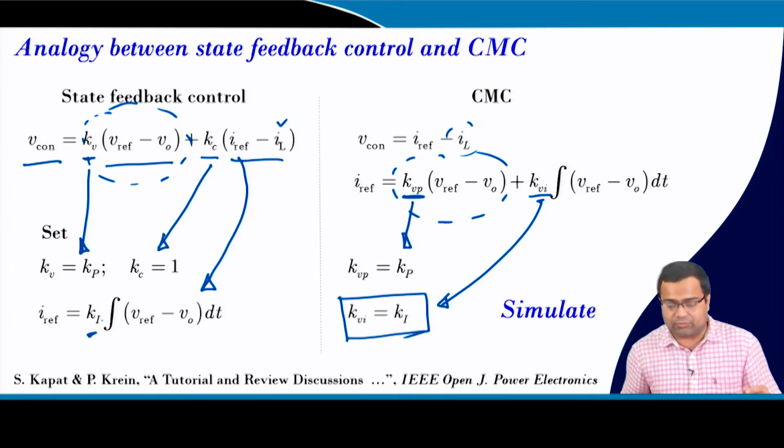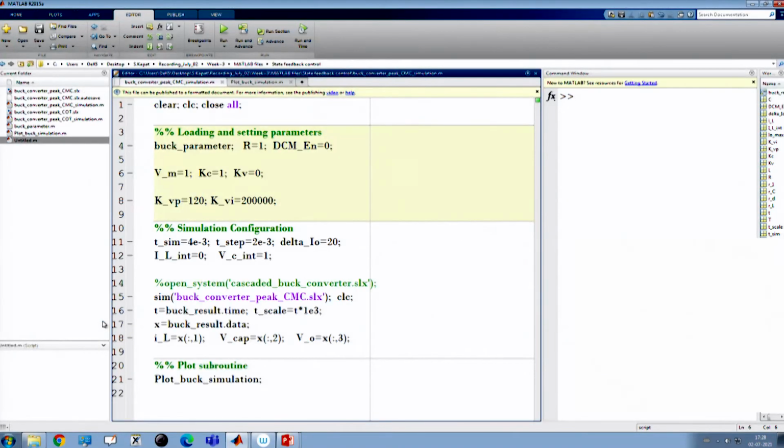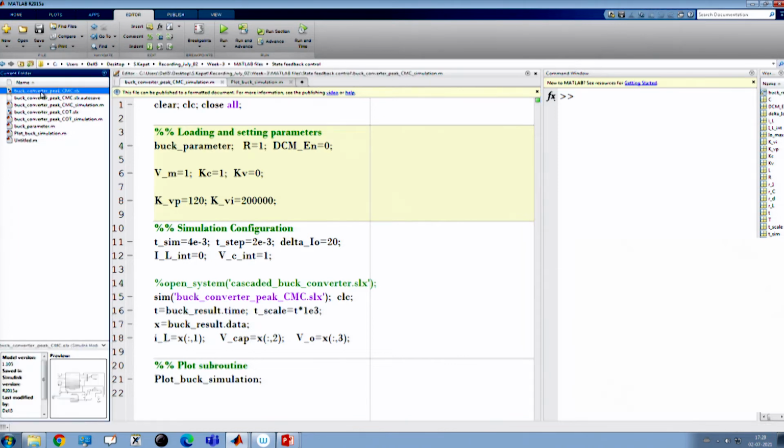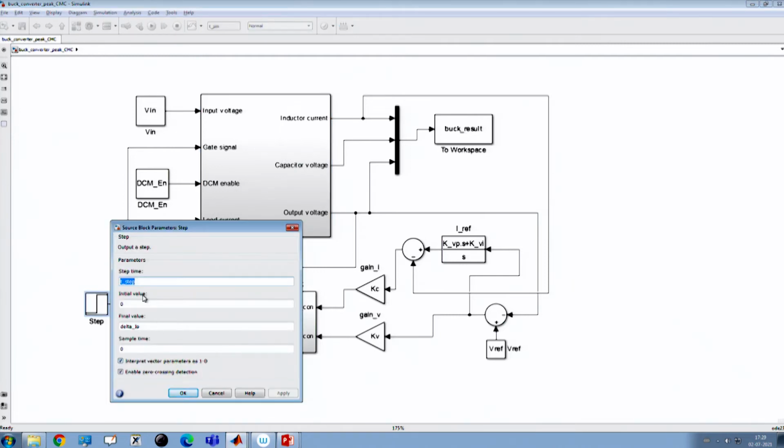But in this discussion, we want to create a simulation case study. Let us go back to the simulation model. Here we are showing a peak current mode control, and this model is here. We have discussed enough about this current mode control, and this is our standard buck converter, which is already discussed, and here we are making a load transient. We discussed in the previous lecture, lecture number 16, that we can create these step transient cases in order to simulate, and delta I 0.